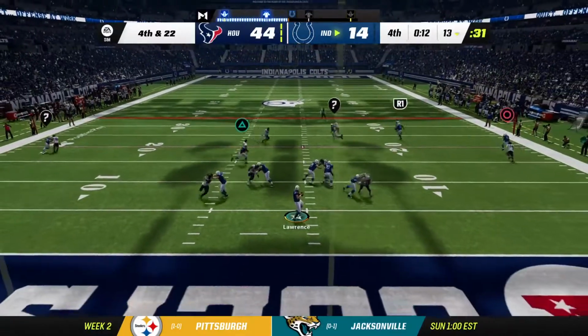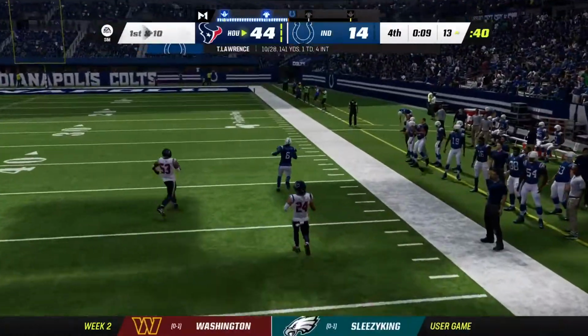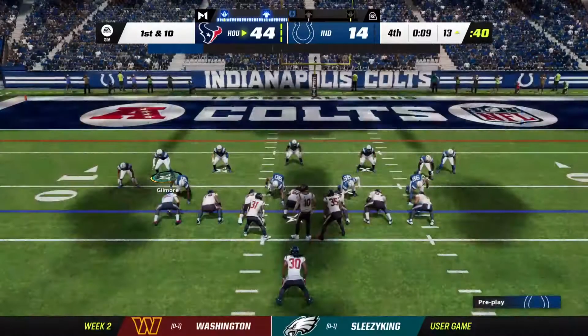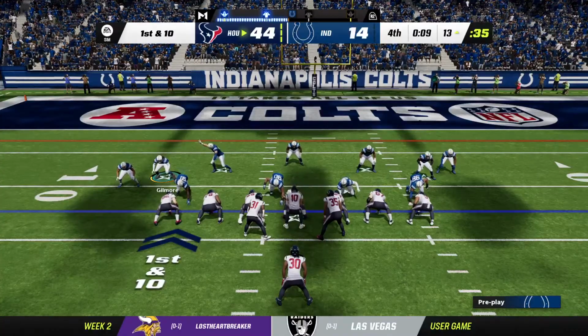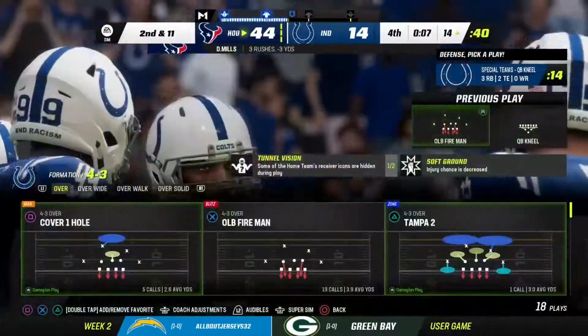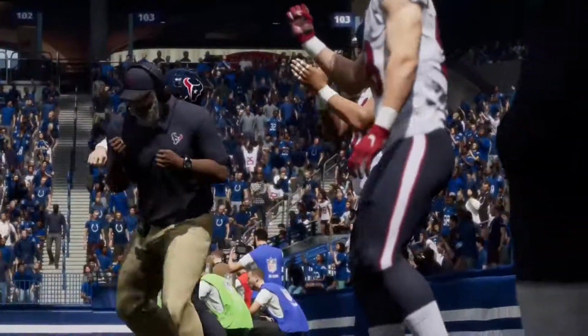And they'll try and throw for it with Lawrence. And it's incomplete. They cannot convert, and they turn it over. Down to a knee here as the Texans look to let the clock roll. So Houston going to come away